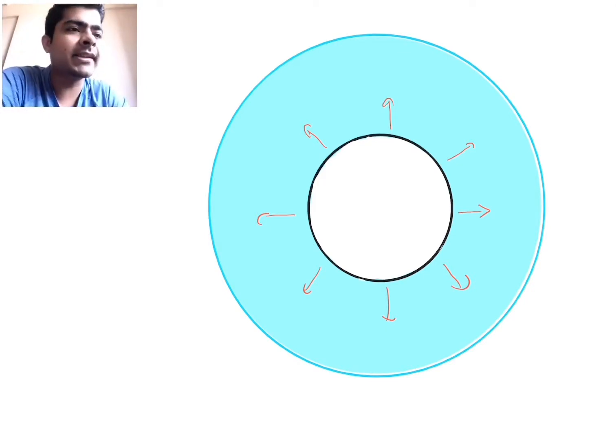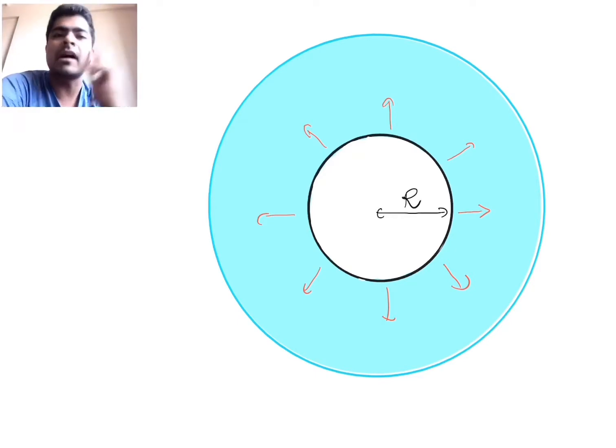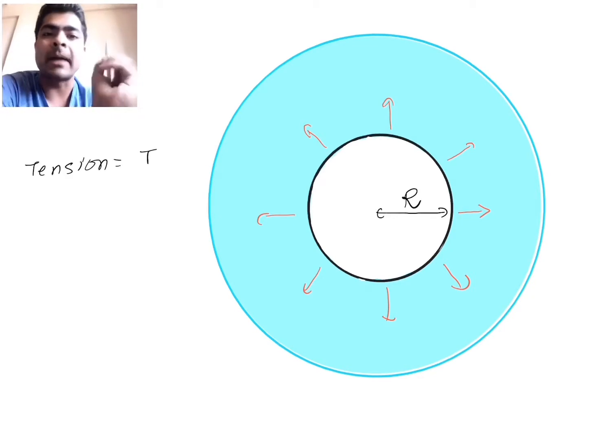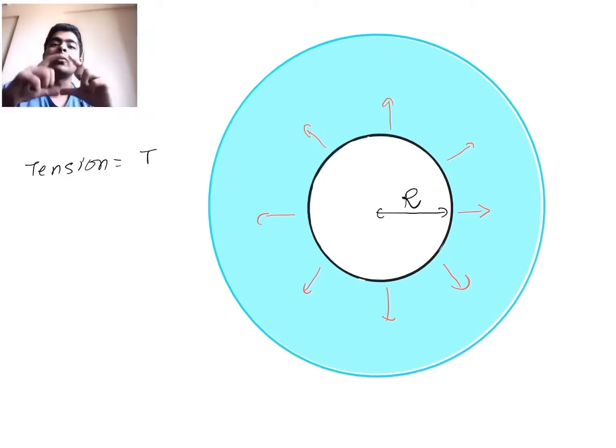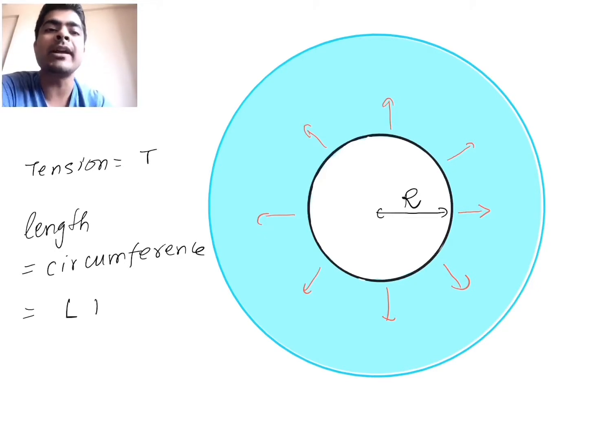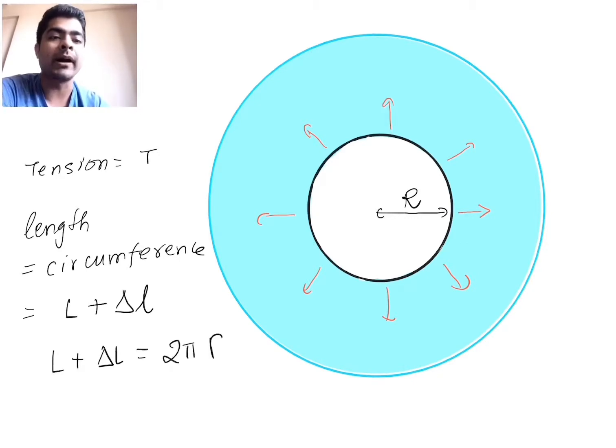So in this position, let's say that the radius of the loop is R, but the loop will be under tension. Let the tension in the loop be capital T, and because of tension the loop will stretch slightly, so the length of the loop, that will also be equal to circumference, let's say is equal to L plus delta L, where delta L is the change in length of the loop. So we can say over here safely that L plus delta L is equal to 2 pi R, the circumference of the loop, correct?